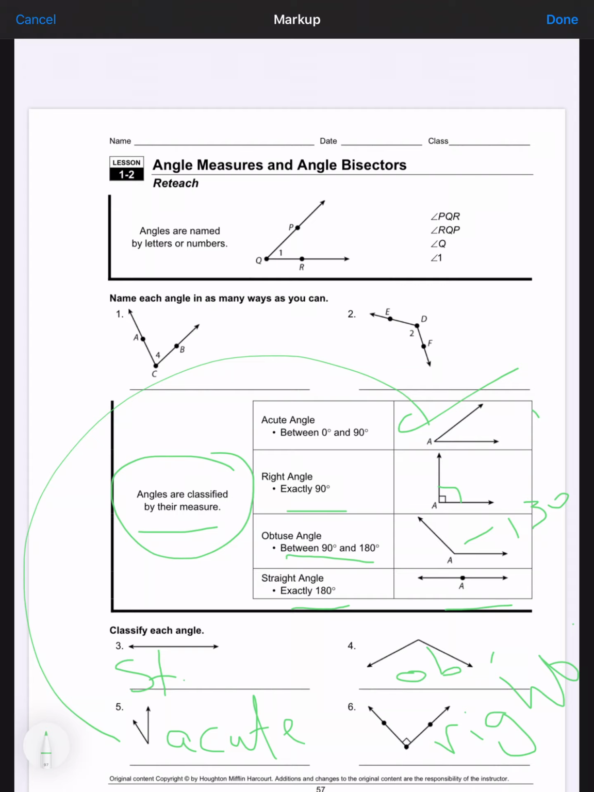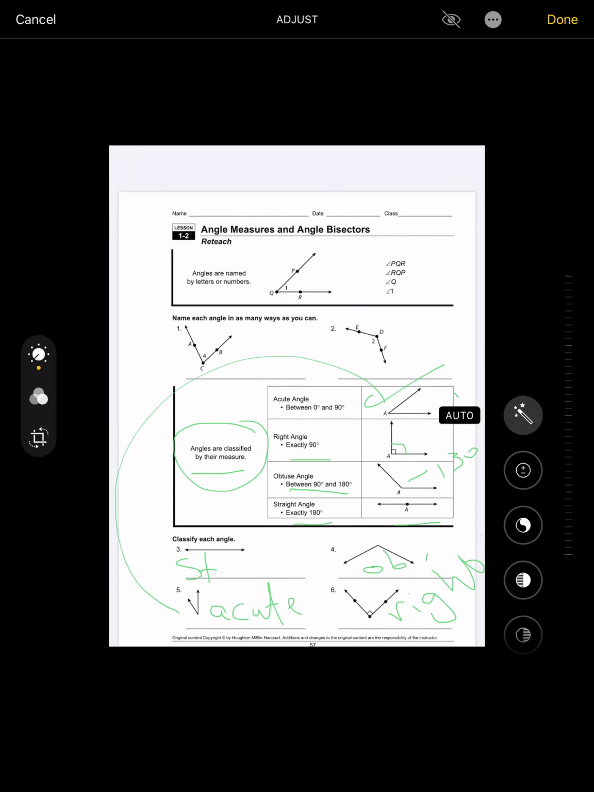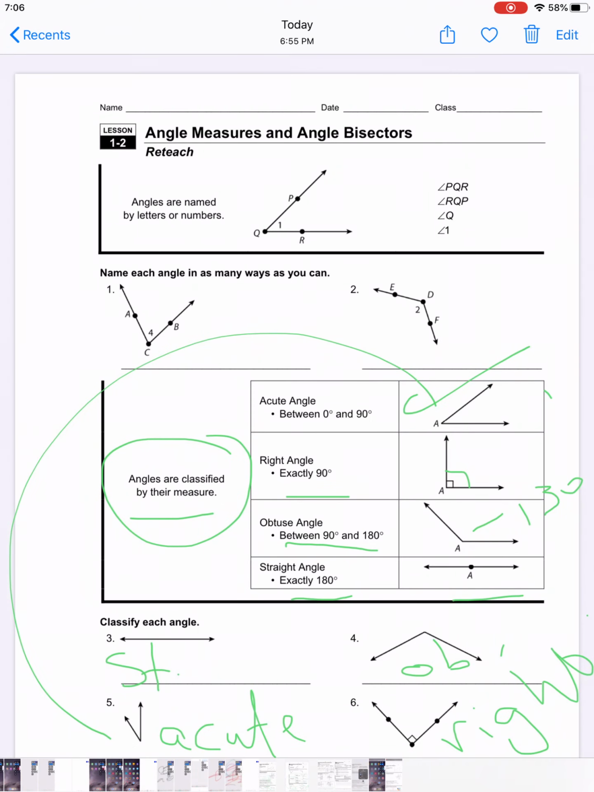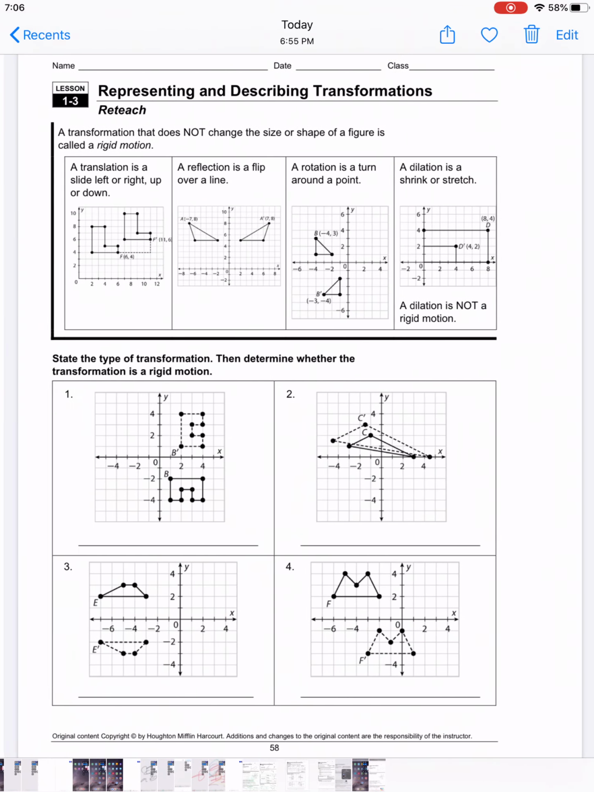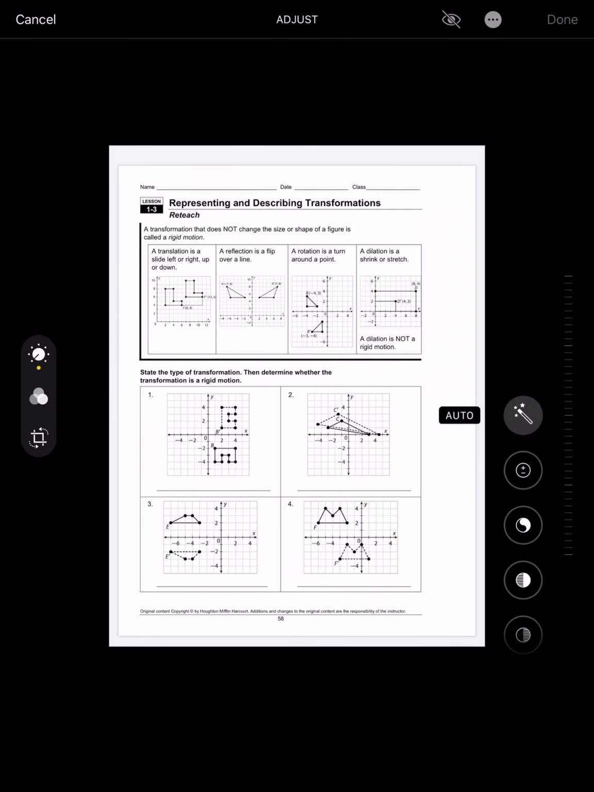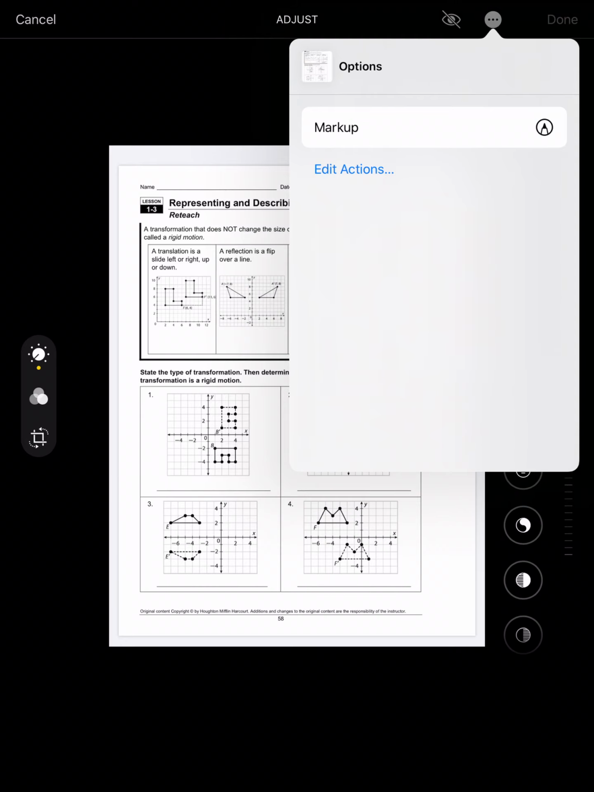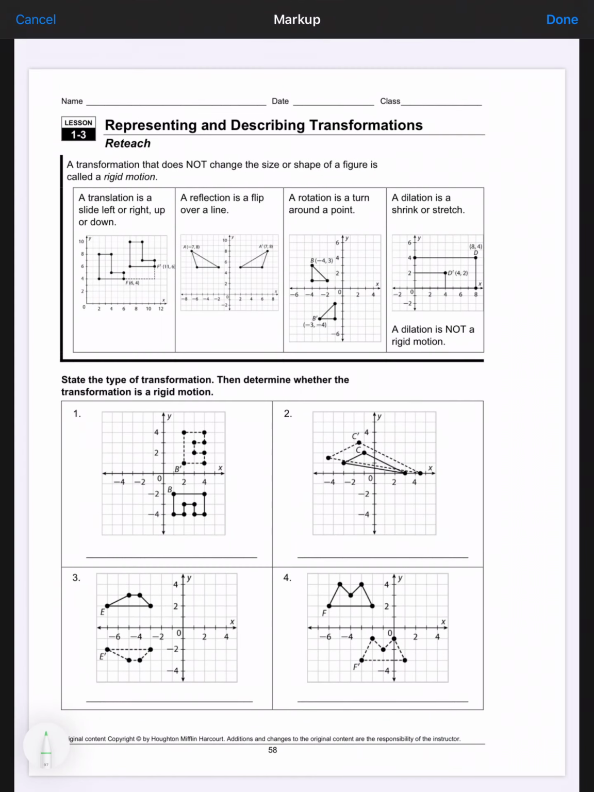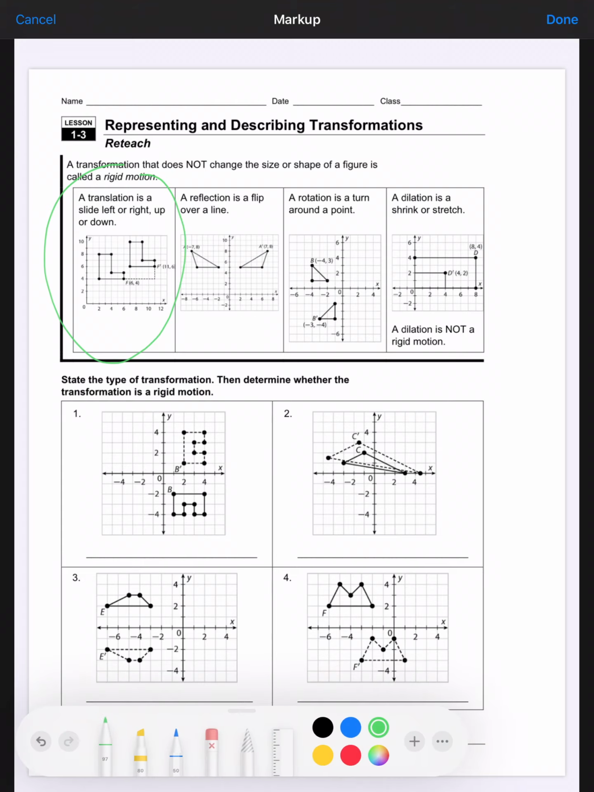Now let's go to another point. Here I want to discuss some kinds of transformations. Here, this, as you remember, translation is a slide left or right, up or down, just to move the figure, and this is considered as rigid